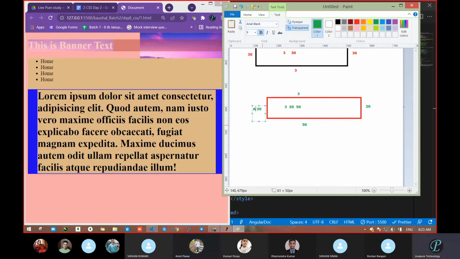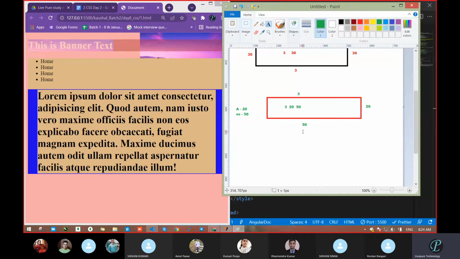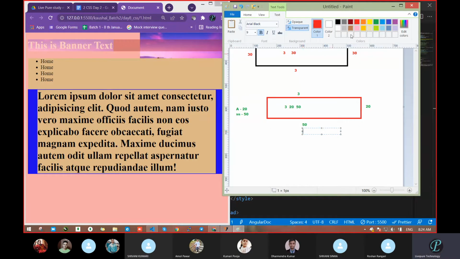One time if you tell, the answer becomes locked. Okay. I will change your answer. Shivani, I think you're telling something. 50. Okay. Shivani Sinha, 50. Bottom, Pooja, 3. Oh, you are telling your own value. Wait 1 second. Shivani 50. Bottom. Wait, I will change color. You have to remember your color. Yeah. Tell me. Bottom 3.